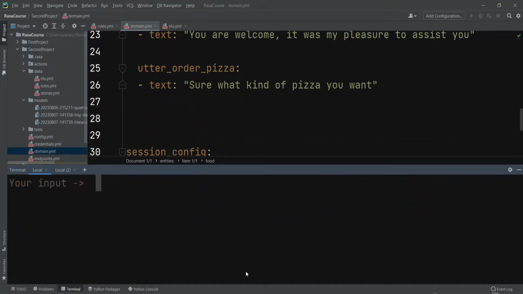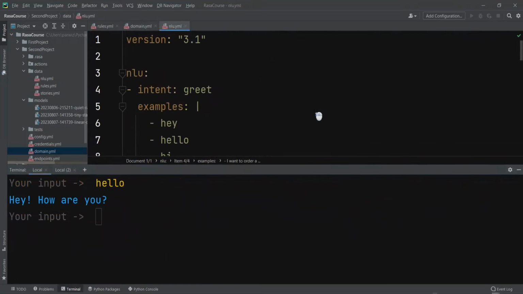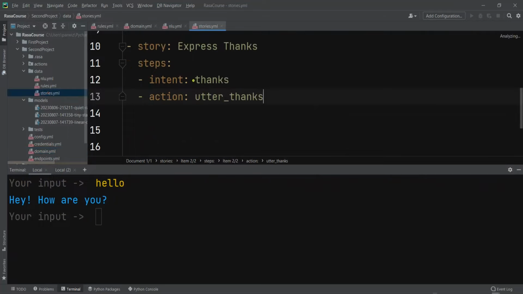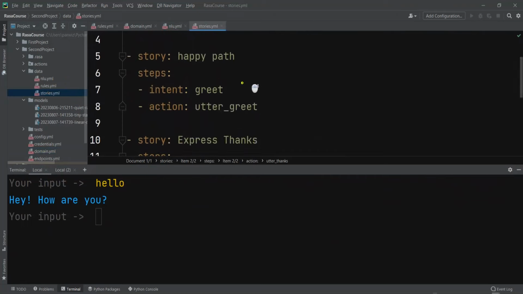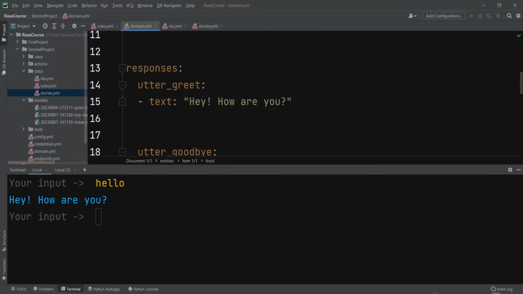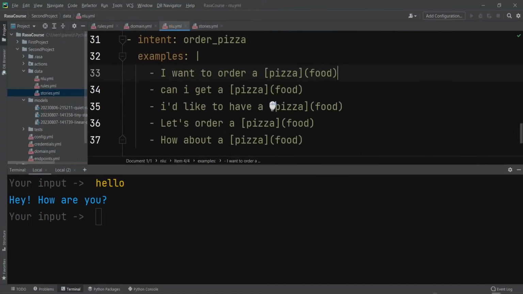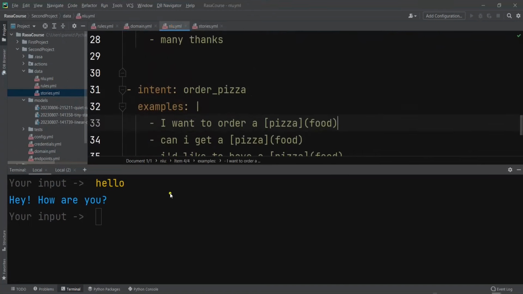Okay, so now the bot is loaded. If I say hello, now we have hello in here. So for example, you can see that, hey, how are you? And we have our greet intent. And if we check our stories.yml, we have, for example, intent greet. If a user says hello, then there will be user greet, and in the domain.yml, we have this one, hey, how are you? Okay, but now if I say, for example, this intent,